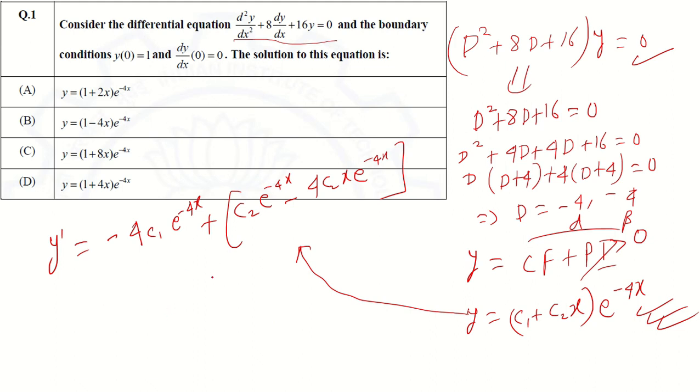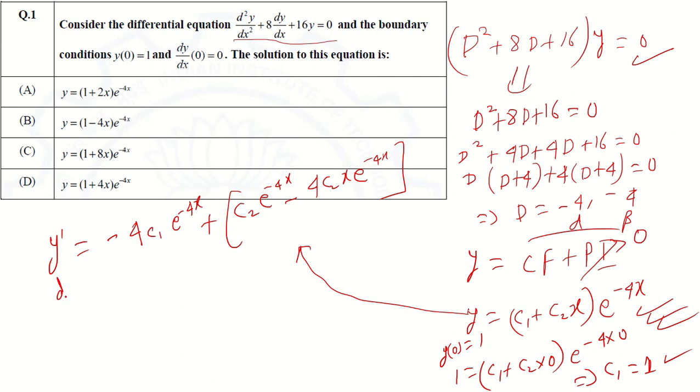Now we apply the boundary conditions, because now we have y and y dash. For y, the first boundary condition is y of 0. We'll write here y of 0 is equal to 1, which means y equal to 1 at x equal to 0. So 1 is c1 plus c2 times x, which is 0, into e to the power minus 4 into 0. So finally this one is 0, so c1 is equal to 1,